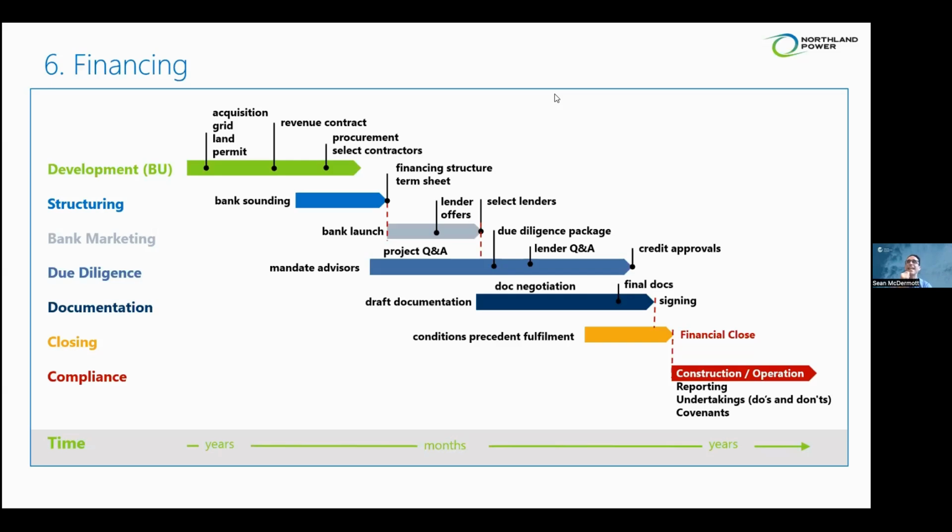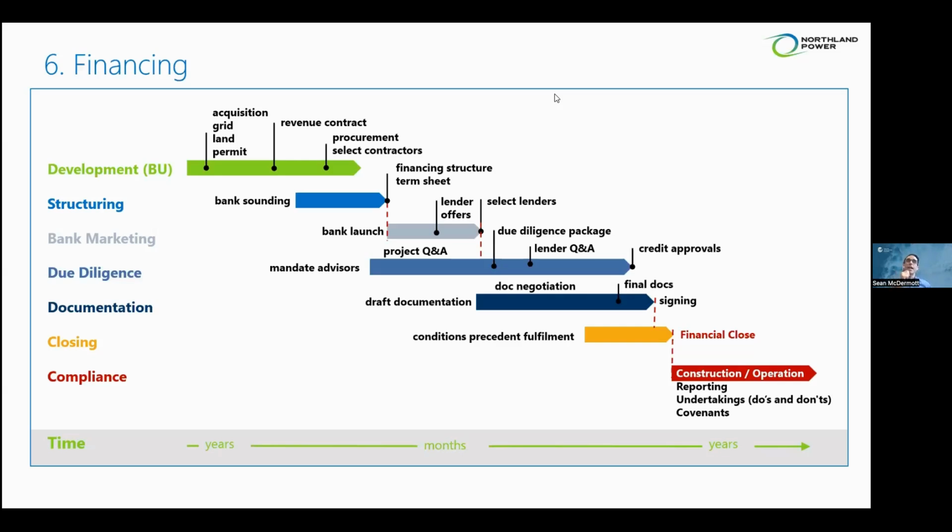So a lot of financing is risk identification and risk allocation, in terms of understanding, in the event of a problem, who is responsible for solving it, and what are some of the financial penalties, referred to often in these contracts as liquidated damages, for delivering late. Also, what are the rights to exit or terminate or replace if a supplier is not delivering. But again, if there's a takeaway from this slide, and the whole presentation, it's that this is a really long process from start to finish.